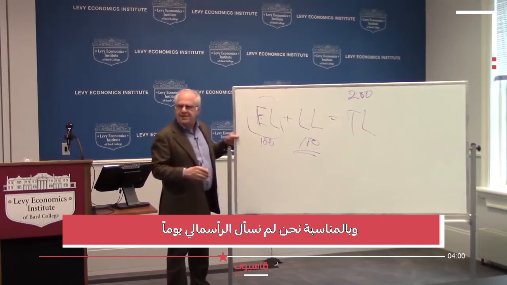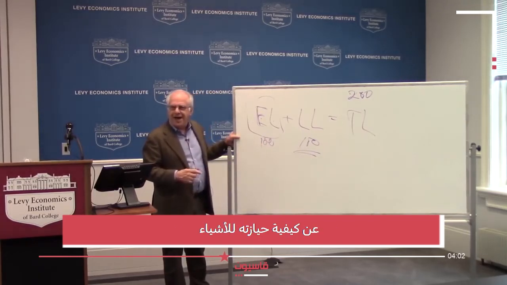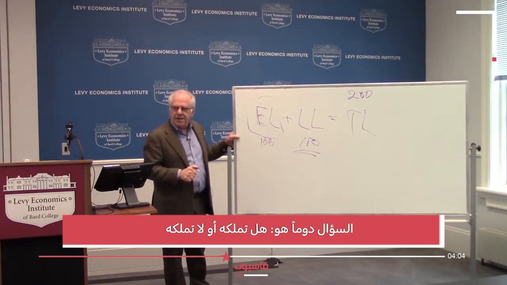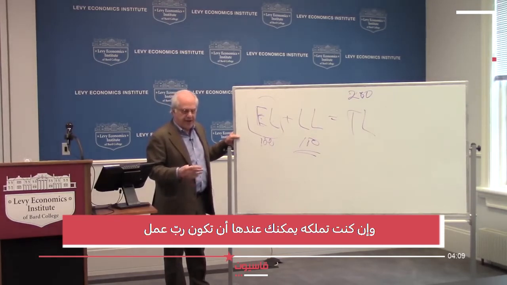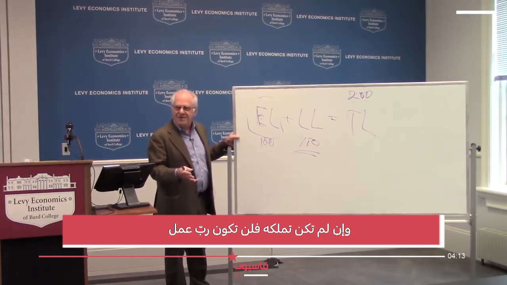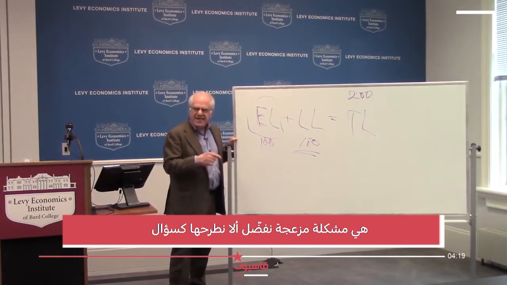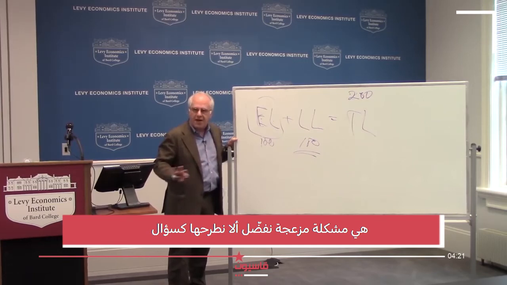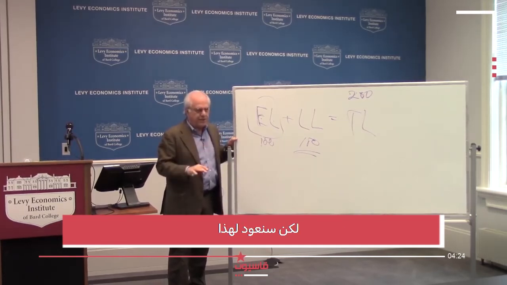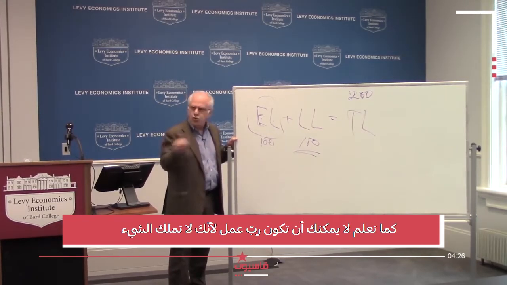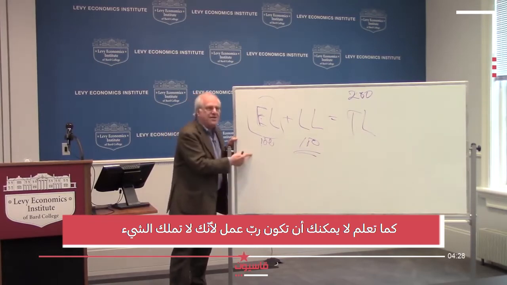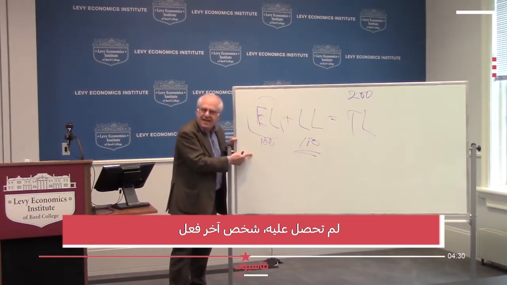And by the way, we never asked the capitalist quite how he got it, do we? It's really only, do you got it or do you not have it? And if you have it, you can be the employer. And if you don't, you can't. The fact that the employer who has it didn't produce it is a nagging problem we prefer not to ask. But we'll come back to it. And you know you can't be an employer because you don't have it. You didn't get it.